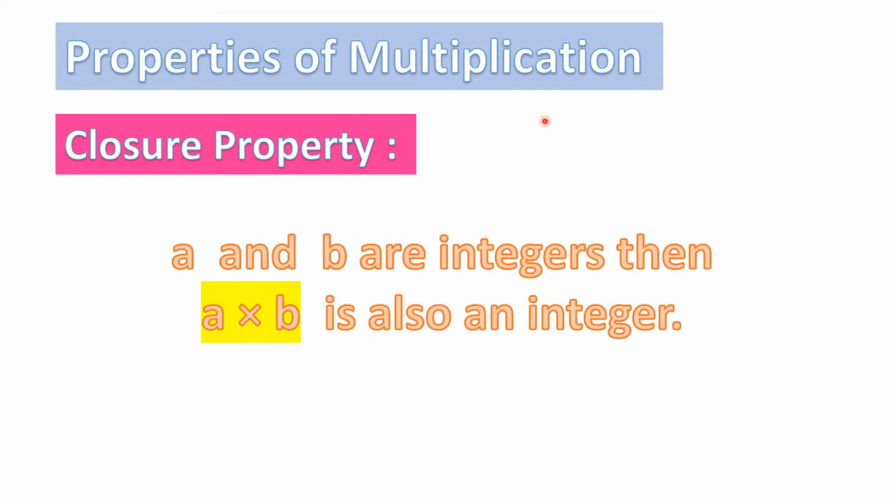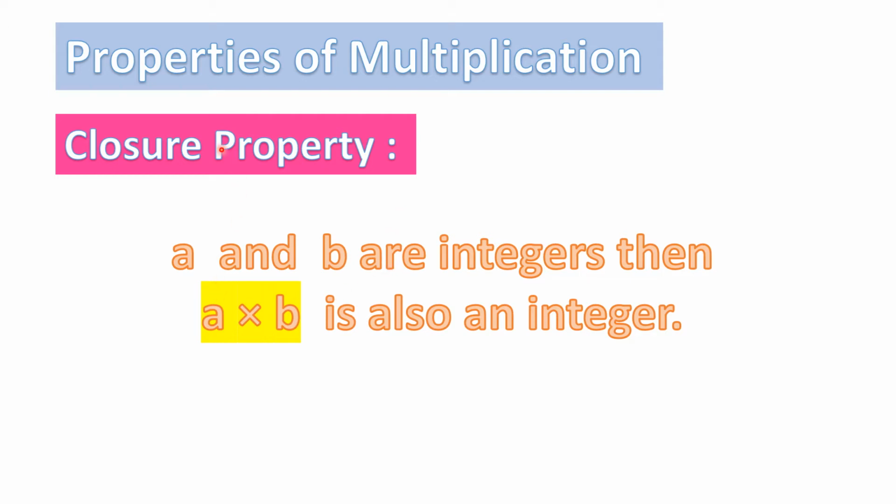Now, after studying multiplication of integers, we are coming back to the properties of multiplication. This must be familiar to you because you have already studied the properties of addition and subtraction of integers. So it is pretty much the same thing, properties of multiplication also. The only difference is that it is multiplication instead of addition or subtraction, right? So the first property that we studied there was closure property. Like that, here also the first property is closure property, and closure property is very easy. Once you have done addition and subtraction, you'll be already familiar with it.